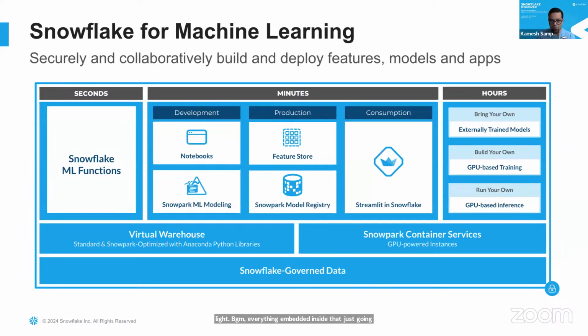That's more around the development side of it. The moment I cross development and want to deploy into production, that's where I'm going to use the model registry and feature stores, which means I can version each of the models. Obviously, models are an iterative process. We keep improving them. So we can version your code, put it inside the Snowflake model registry, and pull it out whenever you want to test it. Similar thing with the feature store as well. These two things are good.